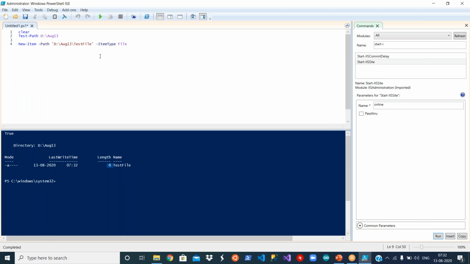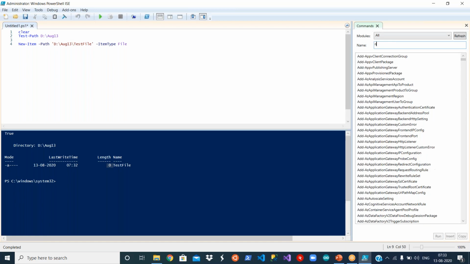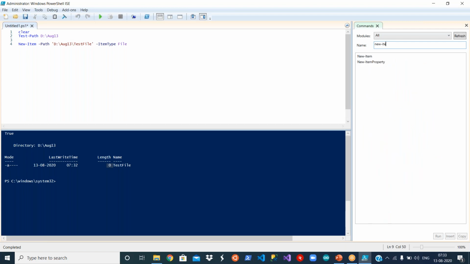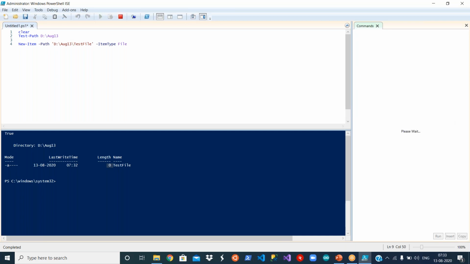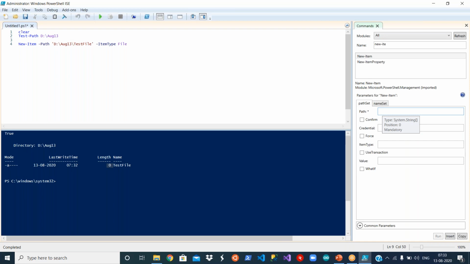And now you see, I struggled a little bit to see the syntax, right? That's the reason I went back to my PPT and copy pasted here. So you can use these things. Let us say here, new item. So I have the new item. Simply click this and show details. I'm just showing the easiest way to take the complete command with syntax, etc. so that you can use that as it is in your scripting work.